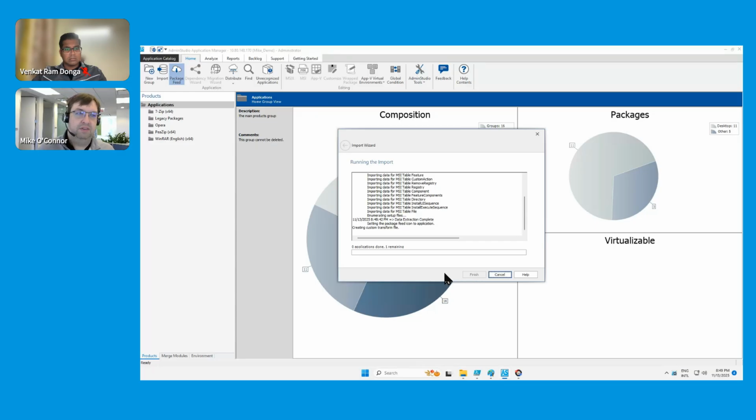So it's importing the MSI package, it's creating the transform file, it'll associate it in a little bit, and that way now I have a fully configured version of Google Chrome with those customizations applied. And then once this is done, I can go ahead and work on other packages. And that's the one-off, so that's great. I can search for application installations one-off and download those,